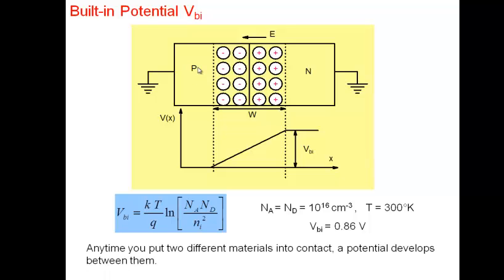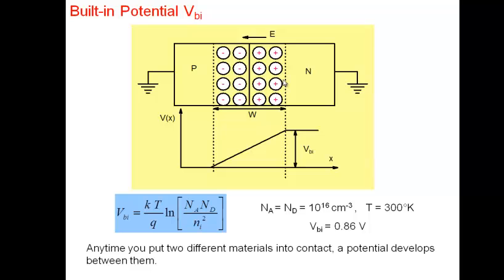Now this is not the complete picture. What you have to carry in mind, I'm talking about now something very general. What did we find? We said that when you take a P-type semiconductor and an N-type semiconductor and you put them into contact, there's an exchange of carriers and a voltage develops. And the voltage is what we call the built-in voltage. Now, I'm making a very general statement. Anytime you take two different materials,